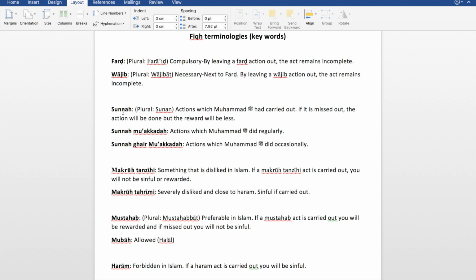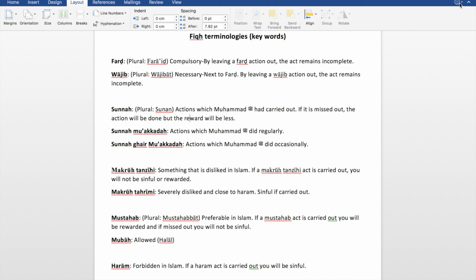Let's say covering the head while wearing a hat is a sunnah. Brushing your teeth with a miswak is a sunnah. Eating with your right hand and drinking with the right hand is a sunnah. Sitting down and eating is a sunnah. So all those things that the Prophet Muhammad sallallahu alaihi wasallam used to do, all of these things are a sunnah. What else is a sunnah? Let's say a type of clothing they used to wear. To wear the same type of clothing is also sunnah. To sleep on your right side with your right hand underneath your left cheek is a sunnah. So you get the idea.